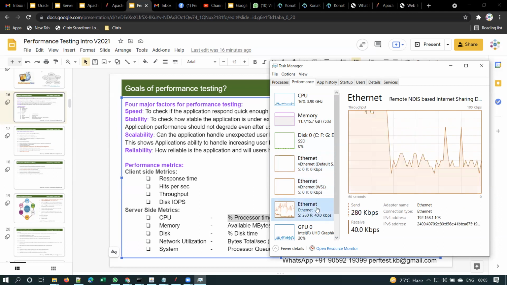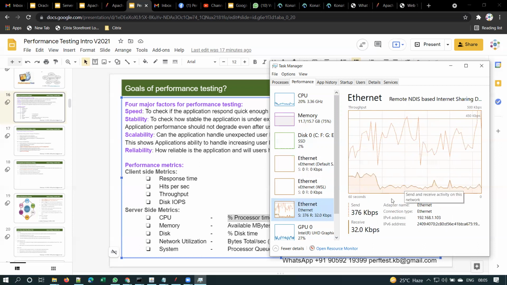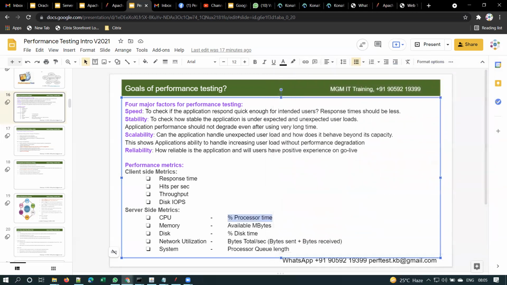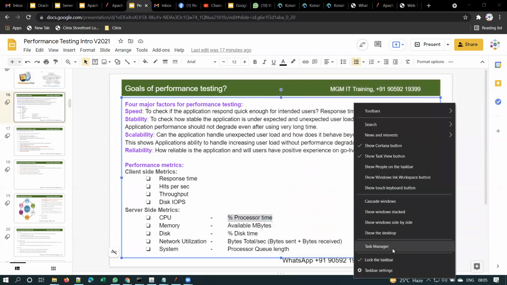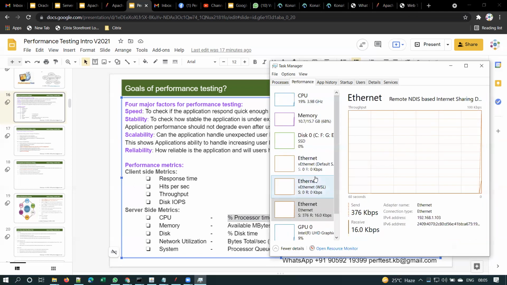Actually it should show Wi-Fi here. Let me show why it is showing Ethernet. It will show Wi-Fi, but somehow right now it is showing Ethernet. Actually, this relates to the Wi-Fi connection.